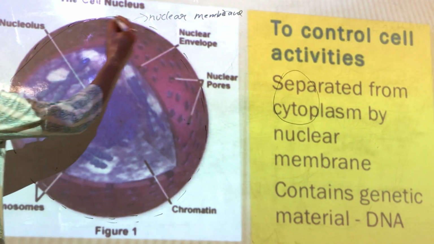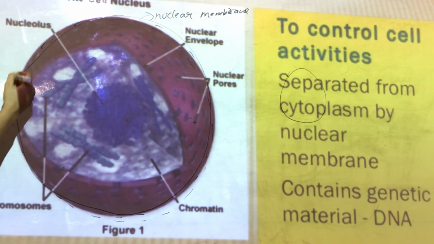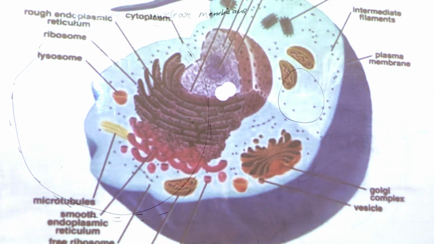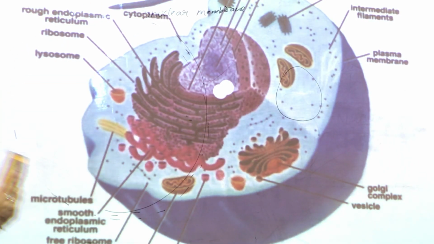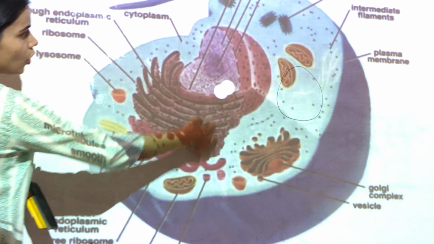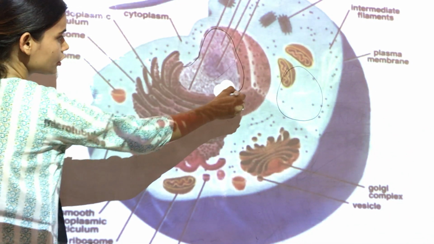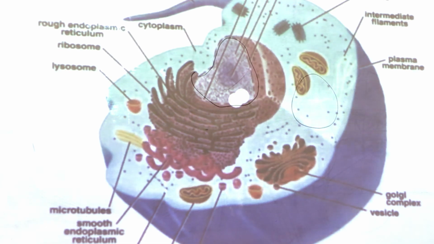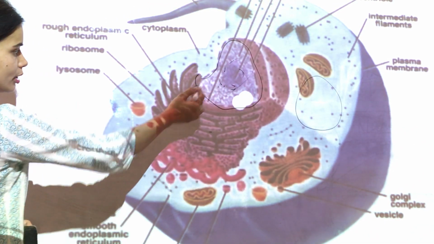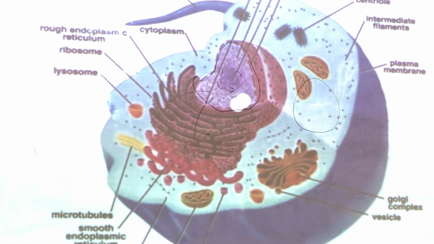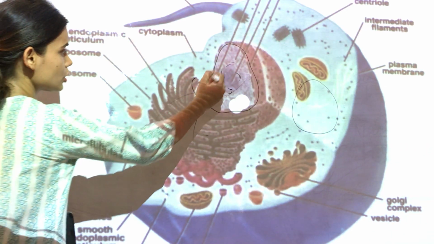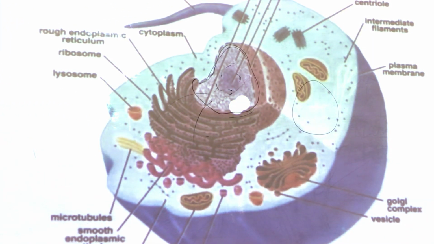So this nuclear membrane actually separates the nucleus from the cytoplasm. What does that mean? If you can see here, you will see the nucleus at the bottom. This nucleus is separated from these organelles by this layer, which is known as the nuclear membrane. This is very important. If there is no nuclear membrane, the inside material of the nucleus will scatter all out, and all the information will be out.